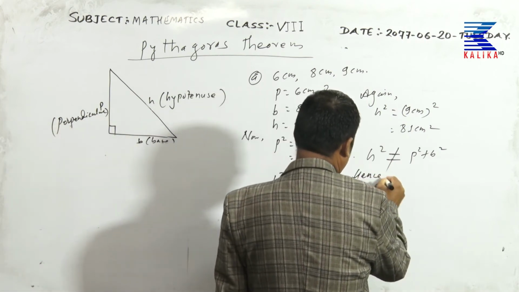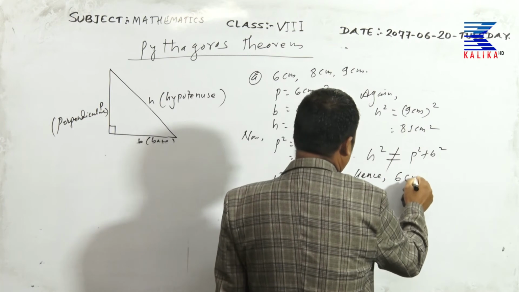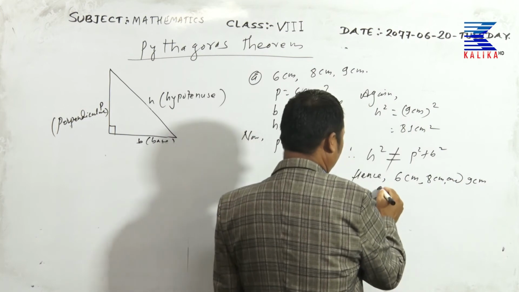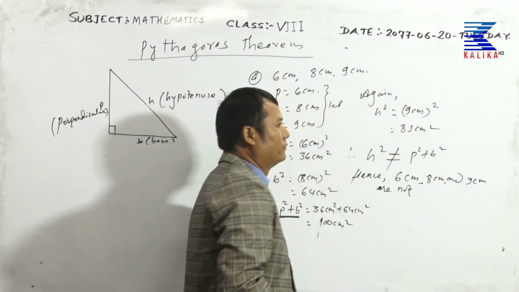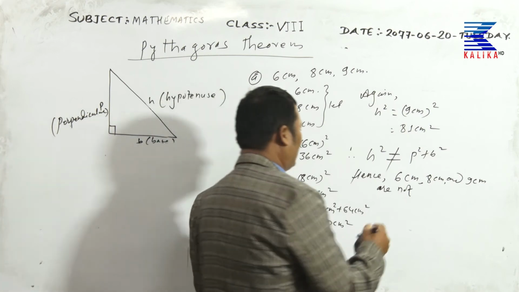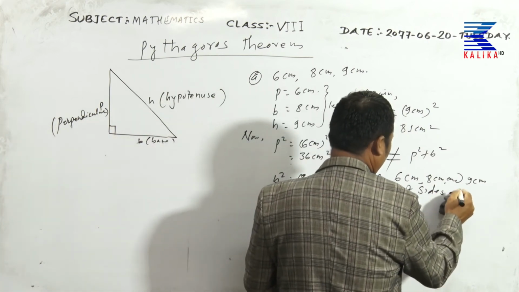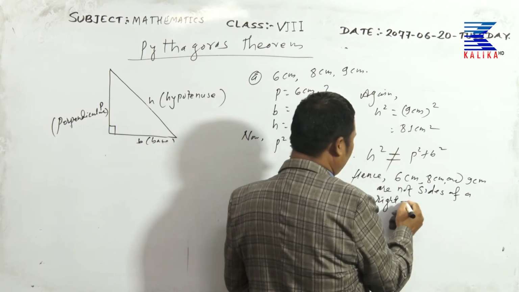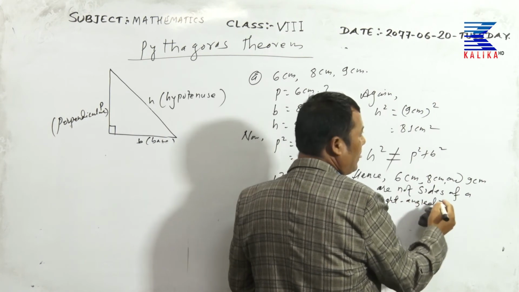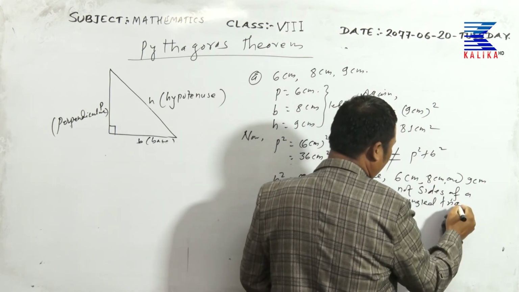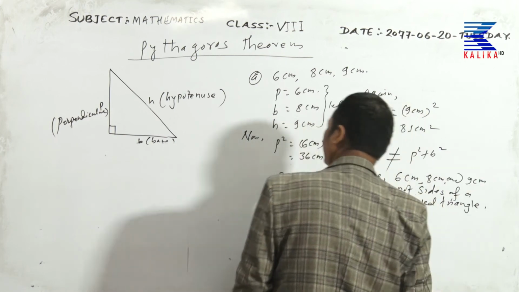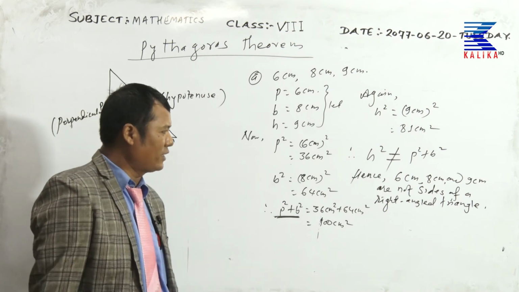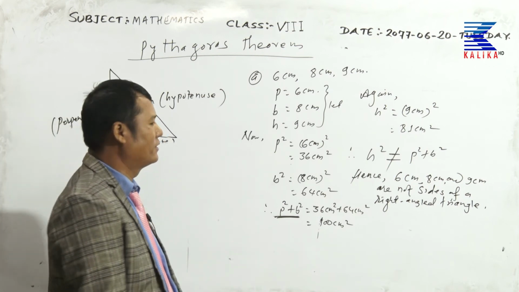Therefore, H square does not equal P square plus B square. Hence 6 cm, 8 cm and 9 cm are not the sides of a right angle triangle. That is not the sides of a right angle triangle. Next,